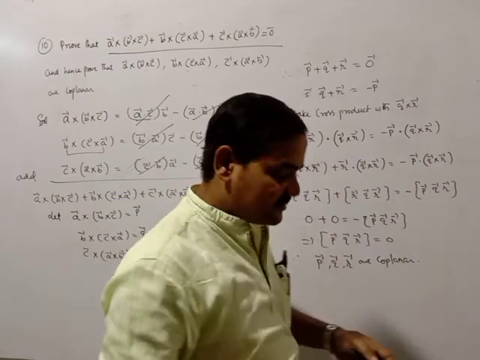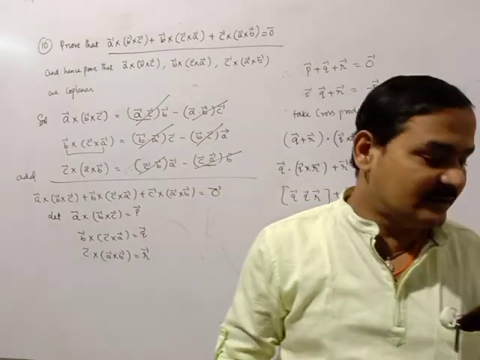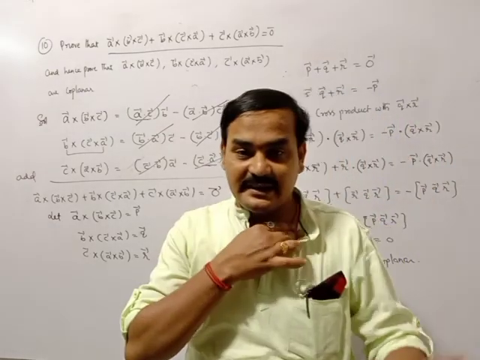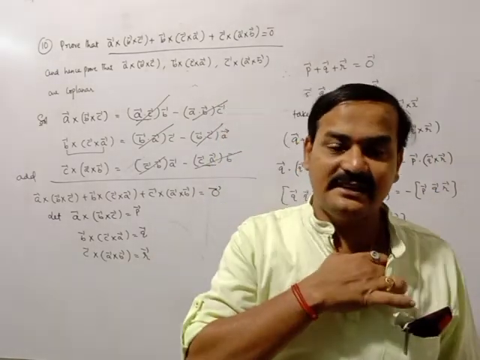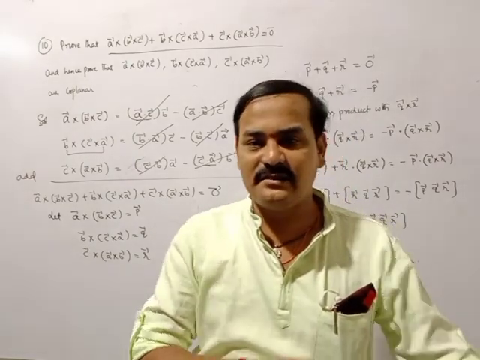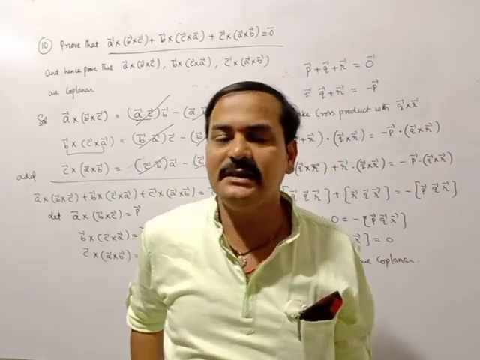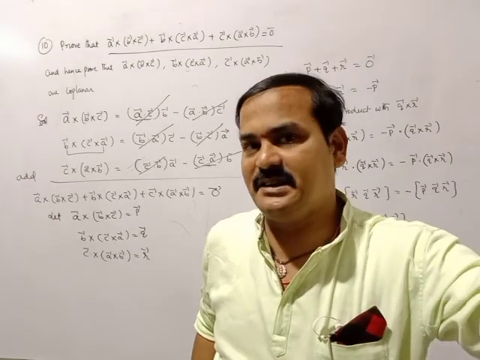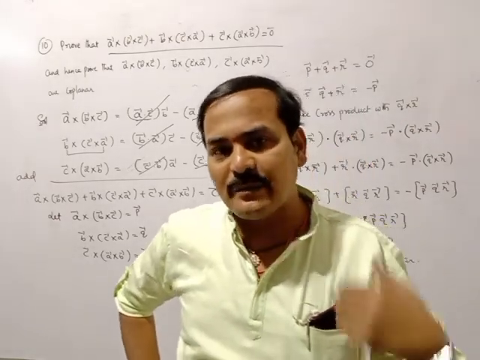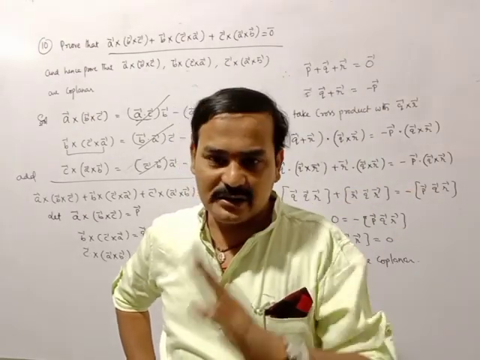There is only one question remaining. You can solve this one, and up to this the vector chapter is completed. After the vector exercise there are some additional questions. You must complete those additional exercise questions. Most of the questions I can solve in between the classes, and in the last part of the book there are some questions given in the textbook, and you complete those questions also and solve them totally.